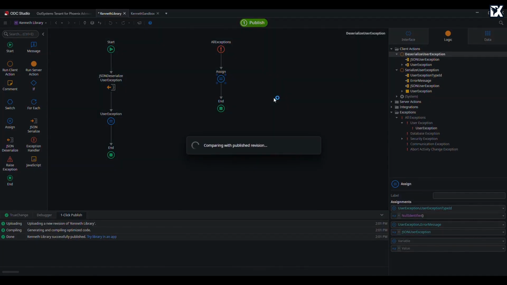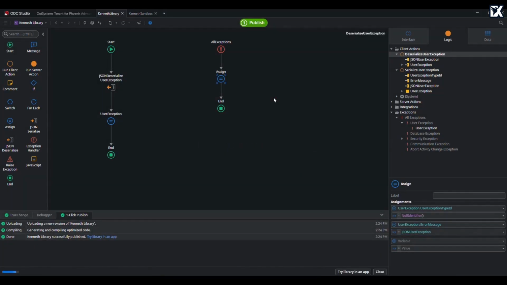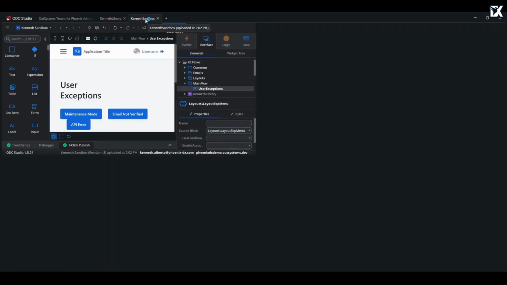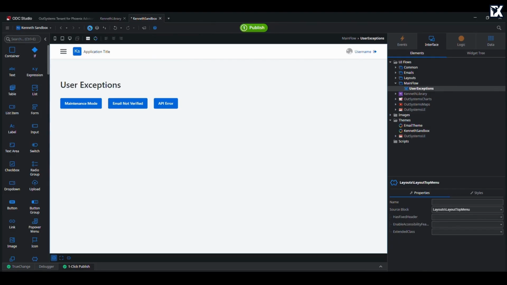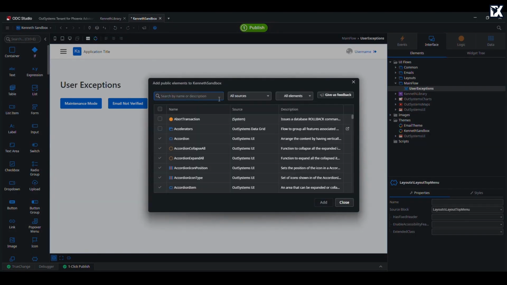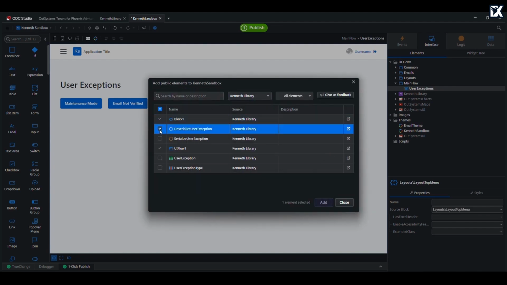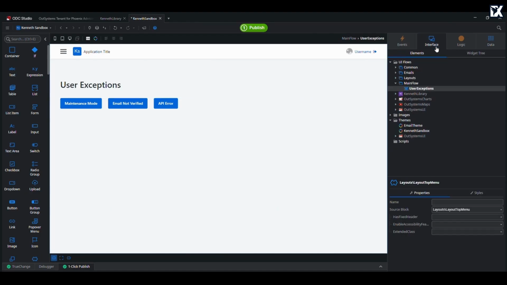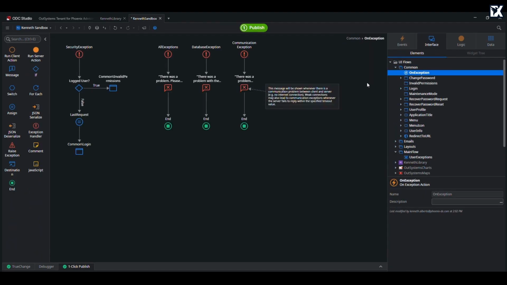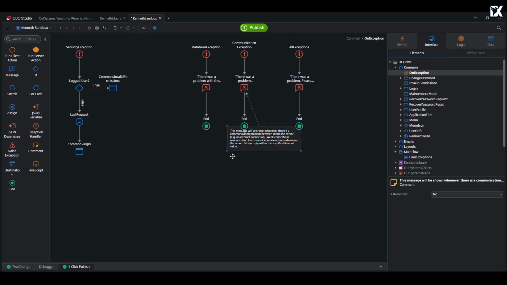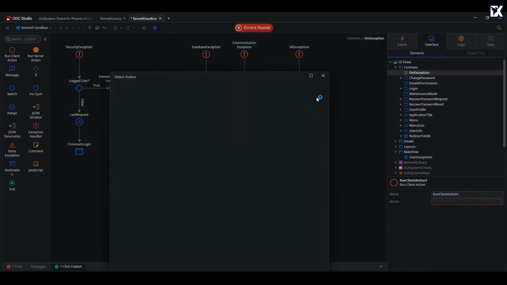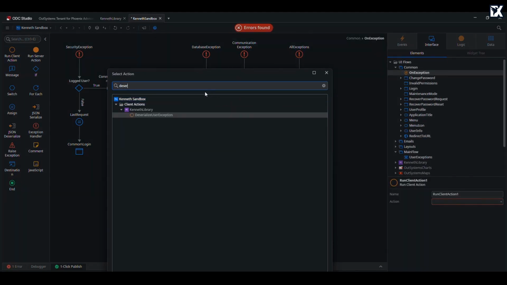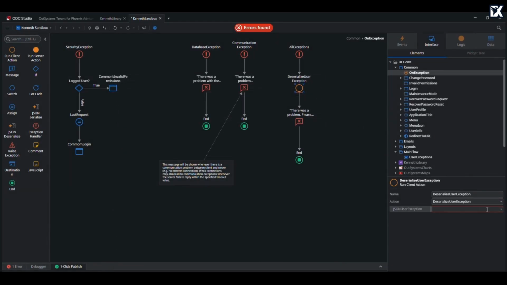Let's publish. Let's go to the app and reference the necessary items. Now under common, let's open the on exception. We're going to modify this all exceptions flow. Let's add the deserialization action, pass the exception message,